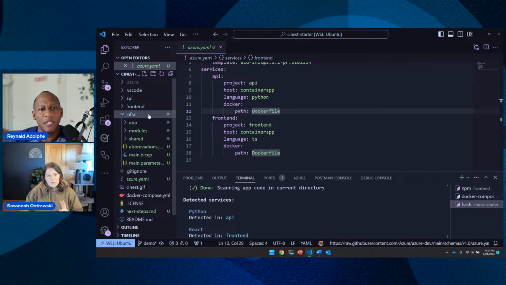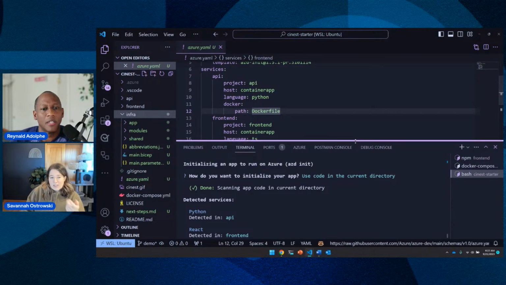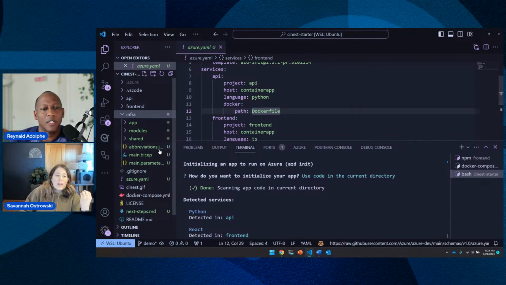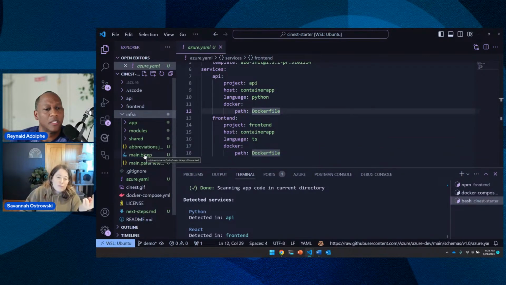Our second required file is where we start to talk a little bit about infrastructure as code. So infrastructure as code is really a programmatic way for us to define our resources on Azure. It also specifies how they're wired together, all of the configurations, all that good stuff. And really the main file, I think there's like two or three files that you really need to care about